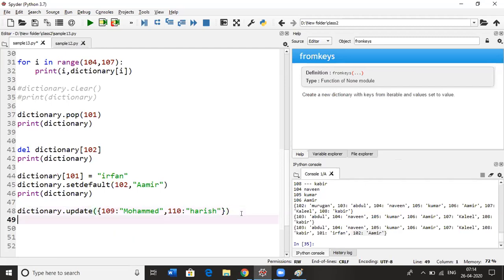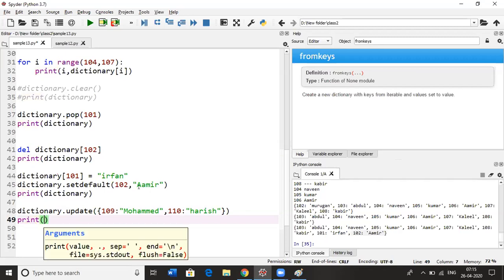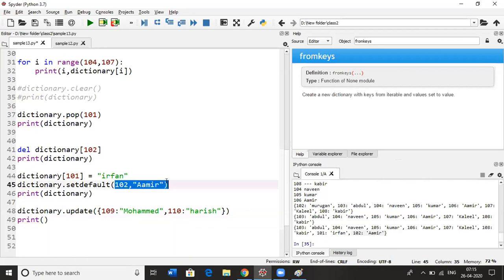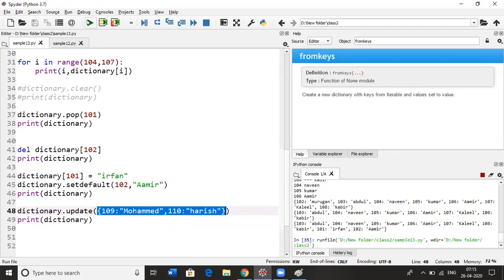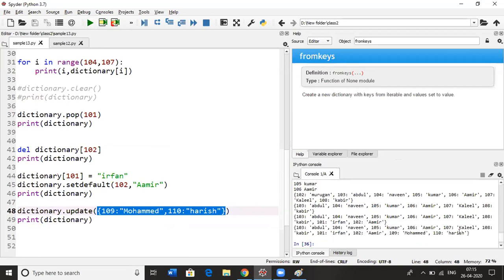Setdefault allows only one key value pair. Update will let you add multiple values. If you want to add data to the dictionary, we need to use the function called update. In that, we can use n number of key value pairs. So it is added.